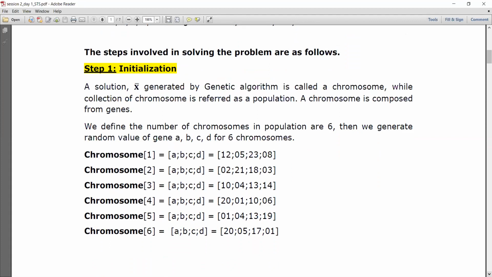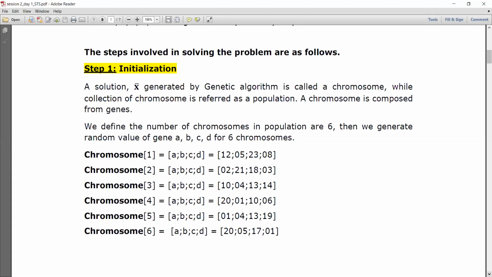So now let us start with the solution. As a first step, we will go with the initialization. We have different steps in solving the problem. As a first step, first let us initialize. So what does this initialization represent? Initialization is like, we start with a group of solutions. Already I said how to represent a solution. Now we are going to start with a group of solutions, because with one solution, definitely it would be very, very tedious, is it not? So let us have a group of solutions.